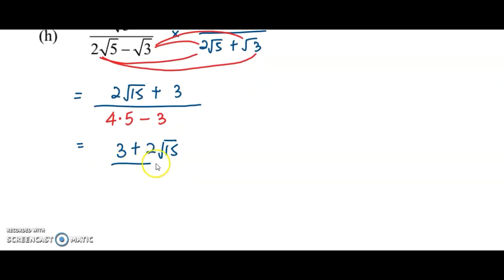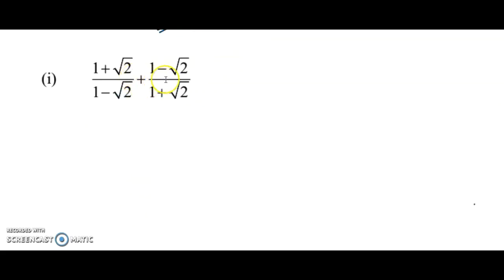Alright, below here, denominator, you got a 20 minus 3, you got 17. Okay, this is an interesting example because we got two terms of the ratio which involve the surd number. Okay, but we can see that the denominator, if you want to simplify these two terms, we actually want to